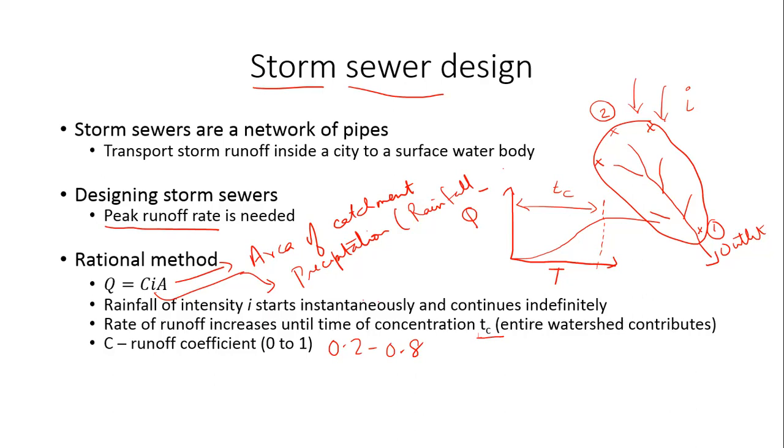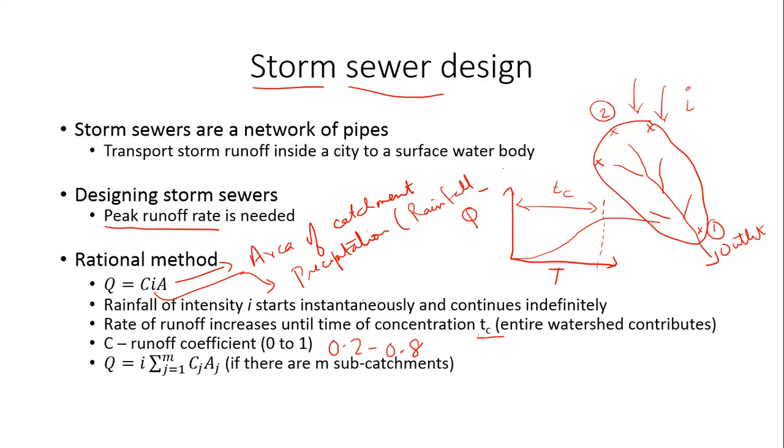So now this rational method, the reason I'm talking about it in the context of storm sewer design is that is where it is most often used. You can use it for any watershed, right? This rational method does not assume that you can only use it for an urban area for storm sewer design, but it is typically most frequently used for storm sewer design. That's why I'm talking about it in the context of storm sewer design. Okay. Don't assume that this is only applicable for urban areas. You can also use it for any kind of watershed. So the approach itself is applicable for any kind of watershed.